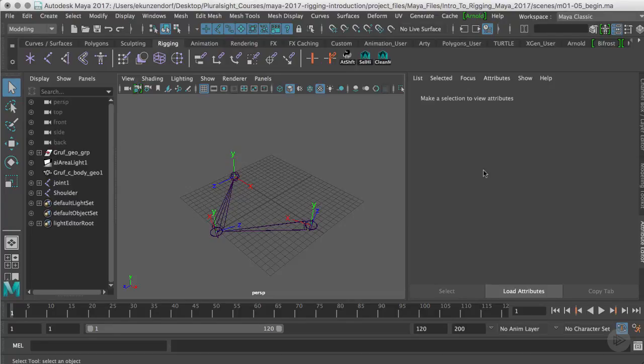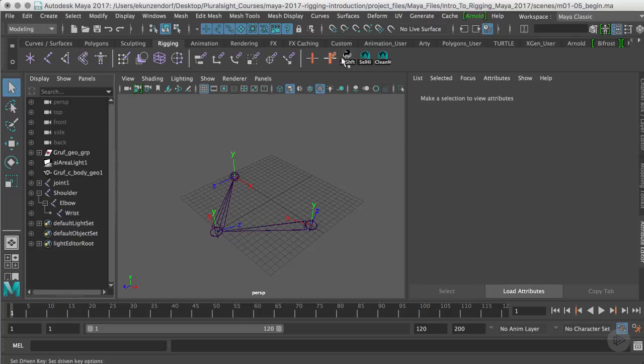Hello everyone. In this clip I want to talk about orienting these joints the gold standard way, which is using a MEL script called cometJointOrient. We'll also talk about renaming and using cometRename to rename things as well. These two scripts are really good rigging scripts. They automate the process of renaming and orienting joints really quickly, and anytime you can save time doing that, it's